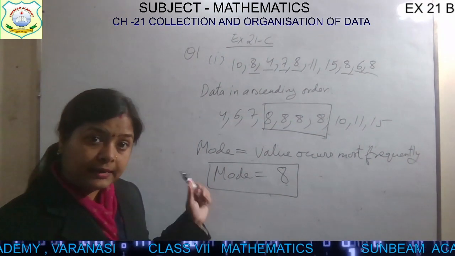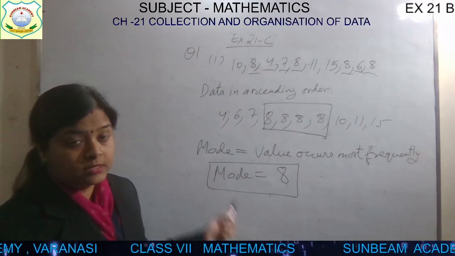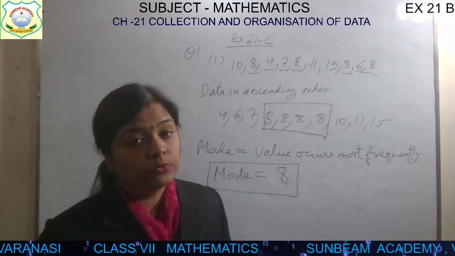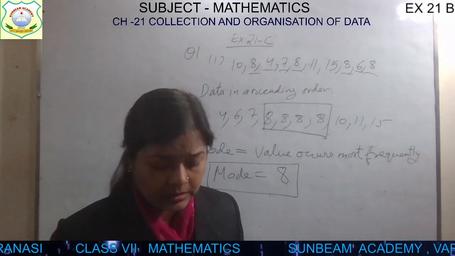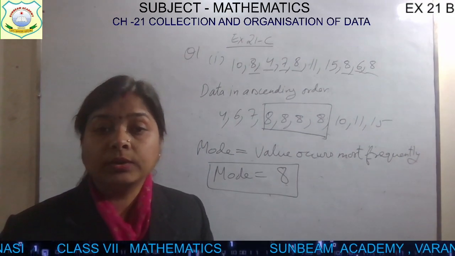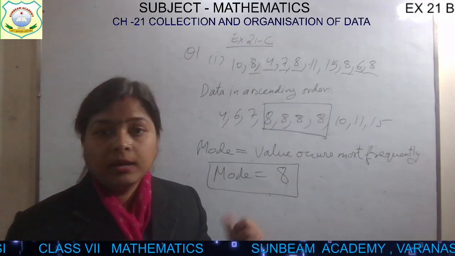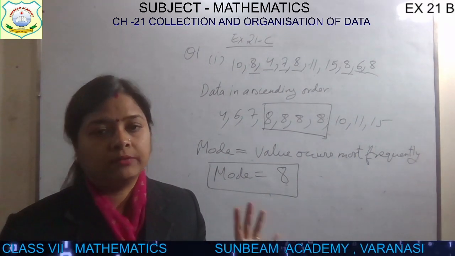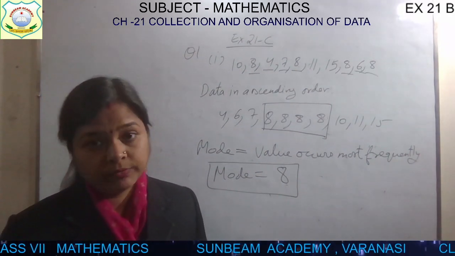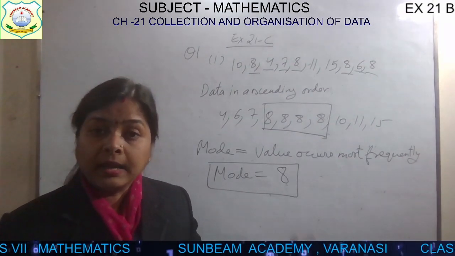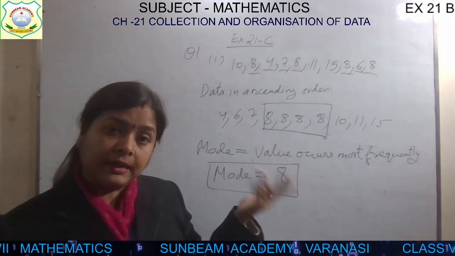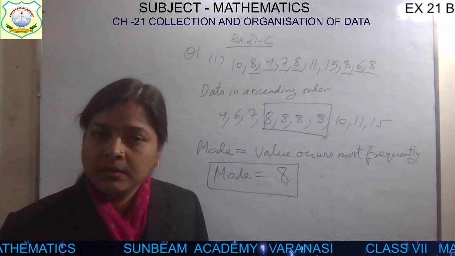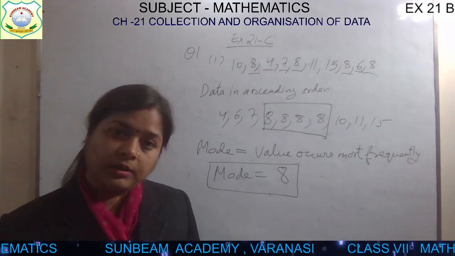So in this way we can do the exercise. In the next class I will pick the leftover questions, and we will do the revision. I will take one or two questions so that we can find the mean, mode and median, all the three in a particular question itself. एक ही क्वेश्चन में हम सारा करेंगे, ठीक है? So in this way we can revise this chapter, and then after that class, we will start the last chapter of our mathematics annual syllabus, that is collection and organization of data.